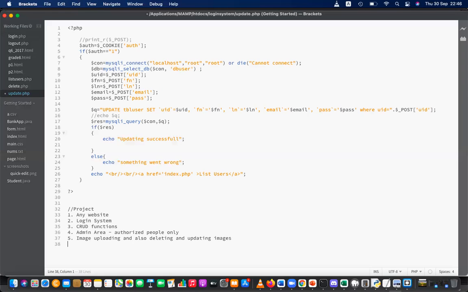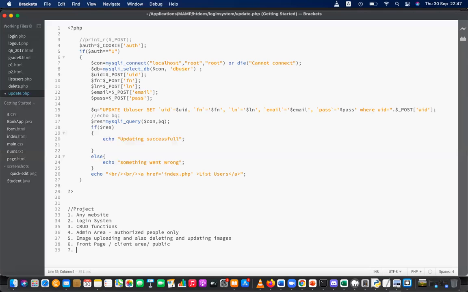Then the sixth one is the front page. The front page means the client area or public area. Everyone can visit and see what's going on there.